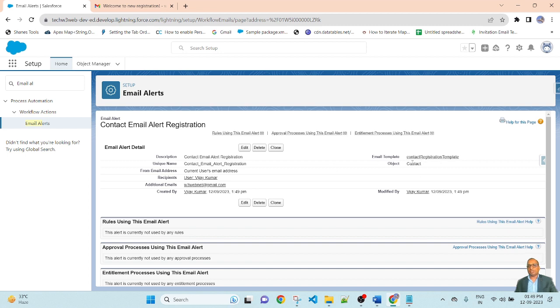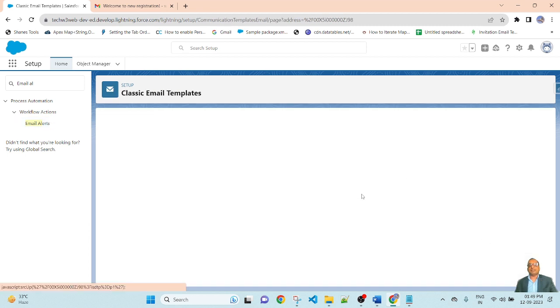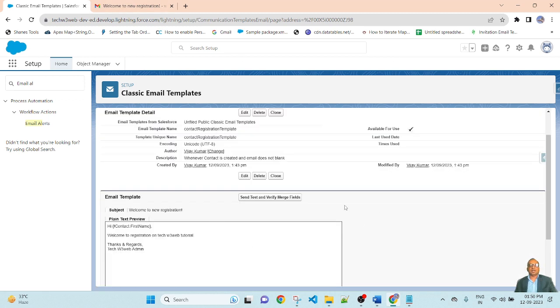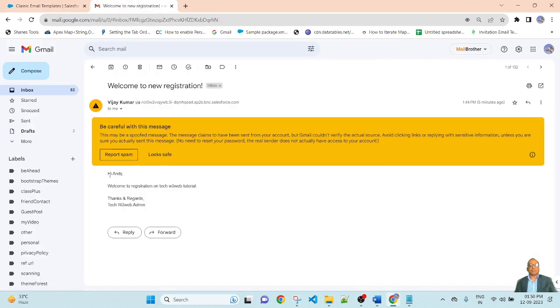So the email template name is contact registration template. In the classic email template, I checked the email template format on my Gmail account. And from here, you can check your email template and send this email template to your email account. And here you can verify what your email template looks like.